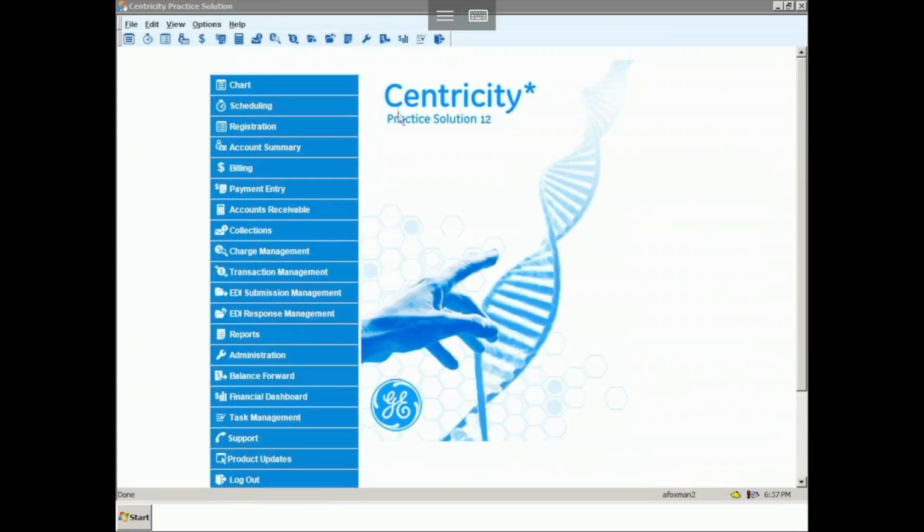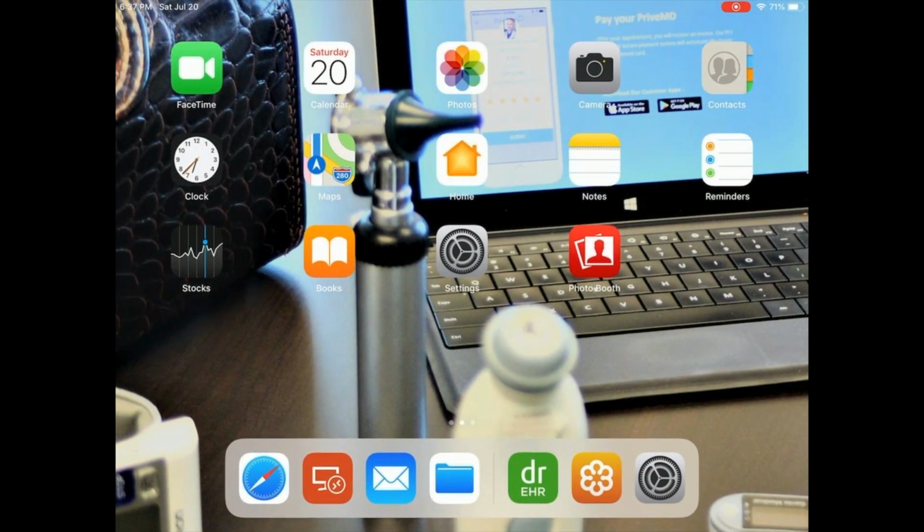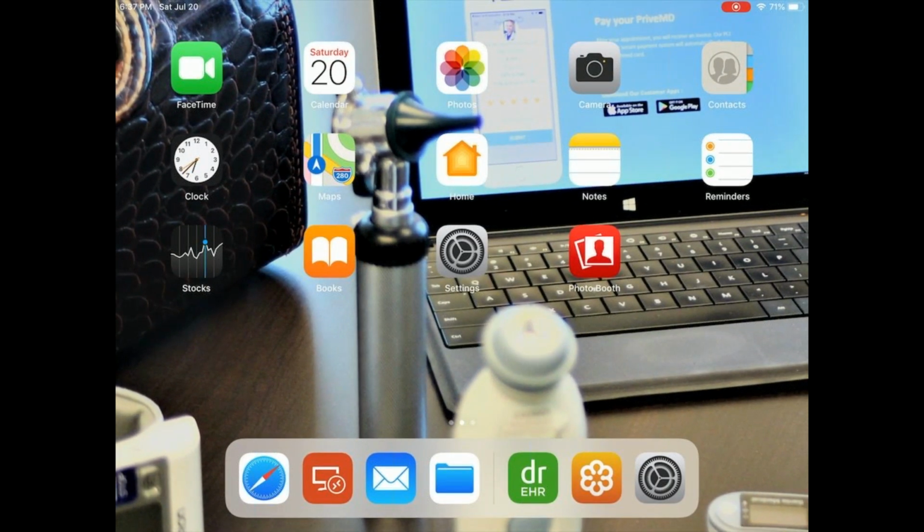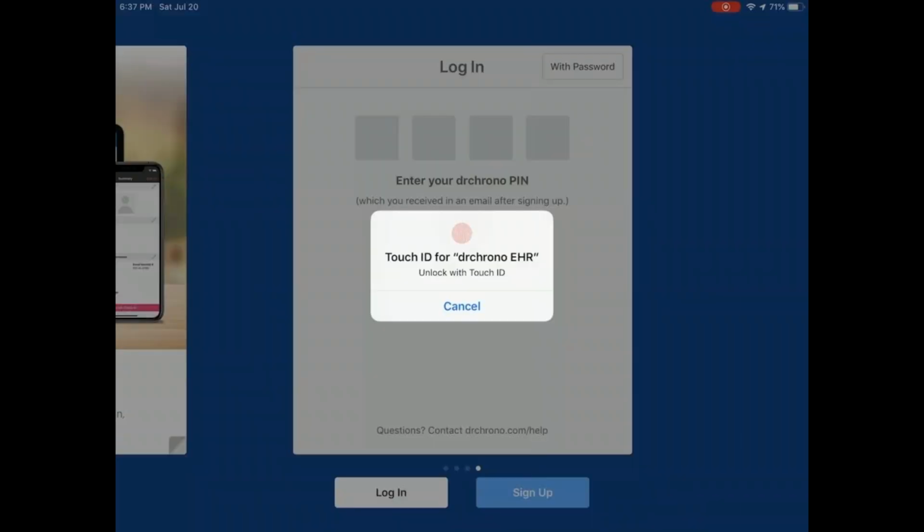My icons are completely different than yours. All right, we'll be able to help you with that. They're there, it's just I set them up a different way, okay? But the one we're going to use today is called Dr. EHR, Dr. Chrono. So the little green one at the bottom there, if you double click on that, it will open this up. You could then use your thumbprint or your password to